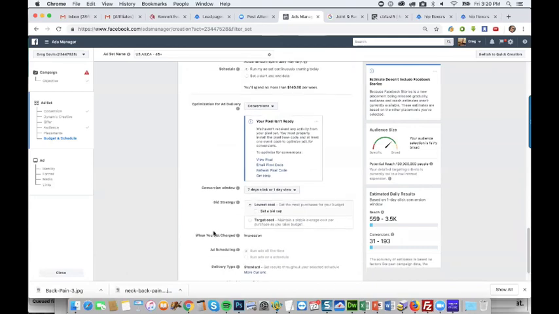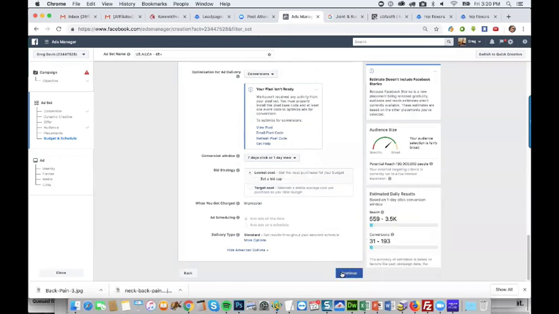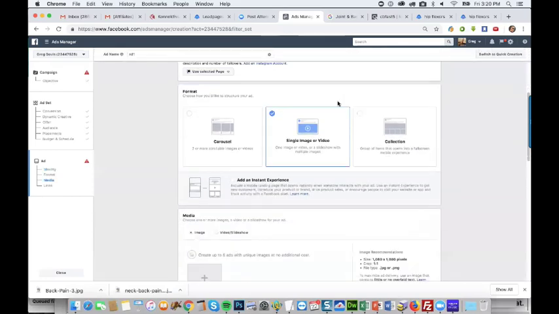For our ad set, you can name it something too. They just gave us a generic name, which is fine for now. All right, now we're going to continue to the ad. You've got a page, so I'll use that page. Now I'll name the ad something really distinctive and unique, like ad one. That'll work.